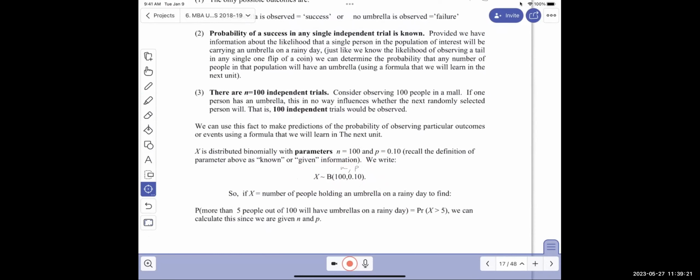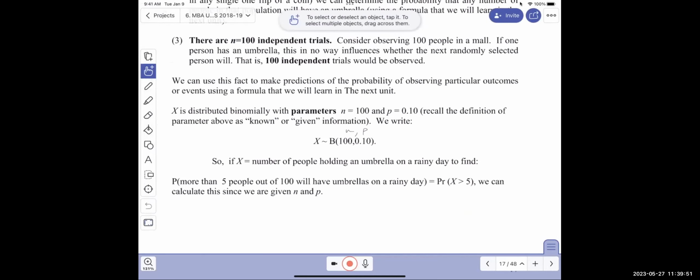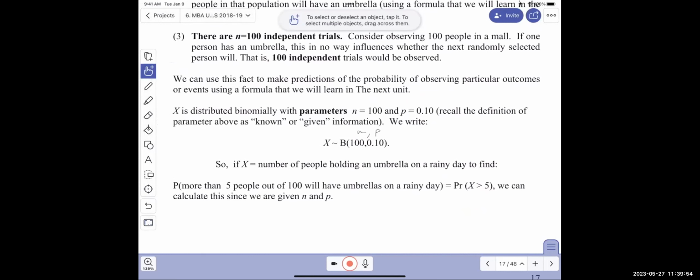The initial question is, what's the chance that more than 5 people out of 100 will have an umbrella on a rainy day? In other words, we write P, and sometimes I write PR, sometimes P. Don't let that confuse you. But this just means the chance that more than 5 people have an umbrella, where X is the number of people who have an umbrella on a rainy day, with N equals 100 and P equals 10%. So if we go to Excel,